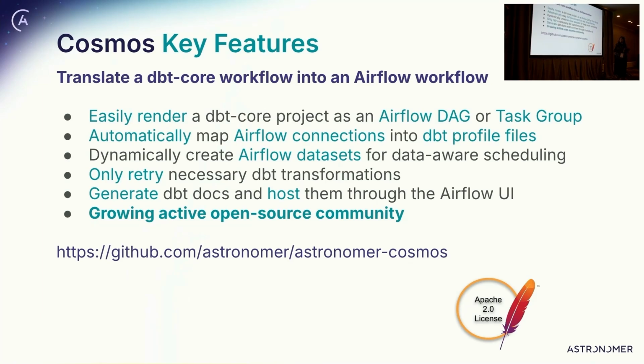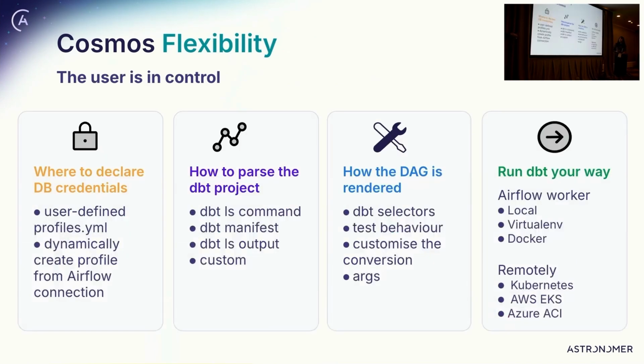It's quite easy to spot if there are failures. We allow people to generate dbt docs and host them within Airflow UI. So this has been a feature introduced in Cosmos 1.4 by a community member, and it's very, very popular. The ability of not having to worry about hosting dbt docs elsewhere and be able to leverage it as a plugin in Airflow. If anyone is interested to see more, please check out our repo in Astronomer Cosmos.